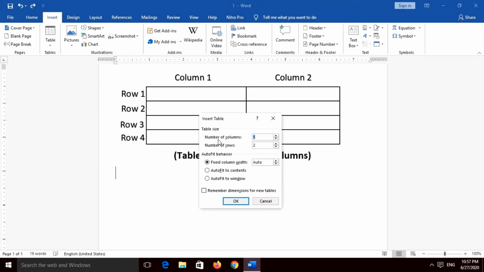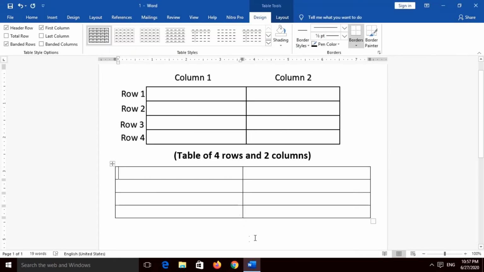What are the options? Now the first 2 options: number of columns. The option is asking how many columns the table which we are going to create will contain. As I said, I will put 2 columns, so I will delete this default number, that is 5, and I will make it 2. I want 2 columns, and number of rows will be 4. Now as I put number of columns 2, number of rows 4, just click on OK given at the bottom, and again you can see the table is created.